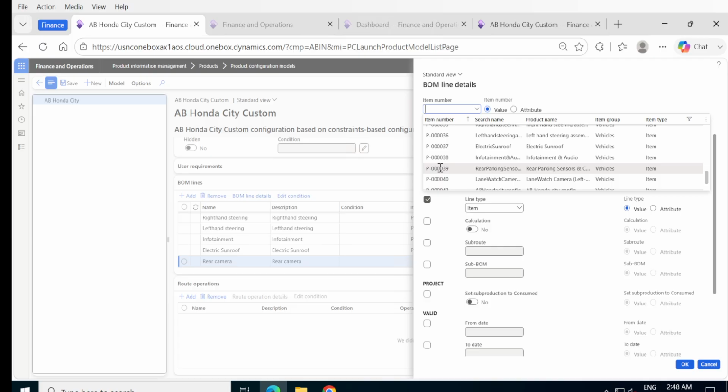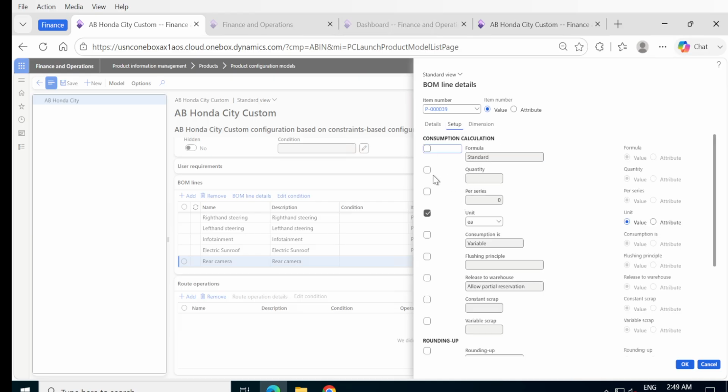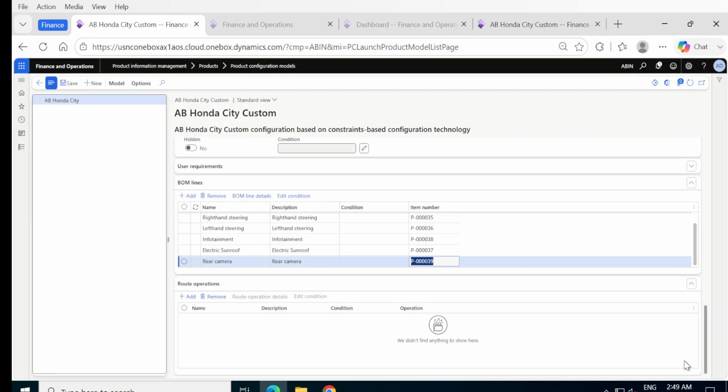Added the rear parking sensor and camera. And yes, use it in calculation. Go to setup. Quantity is one for each BOM. And okay, next,